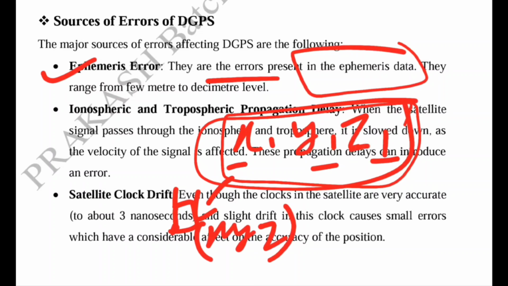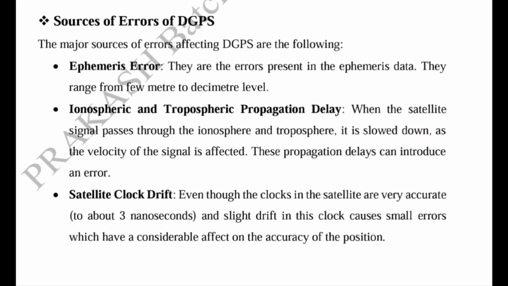So this information may have errors, because there are many gravitational forces, so the orbital planes may be affected and may have variations. This variation is known as the ephemeris error, and due to that ephemeris error, the receiver can miscalculate its position, and this introduces error into the DGPS, or we can say GPS navigation or positioning calculation. So it introduces a few meters to decimeter level inaccuracy into the GPS calculation.